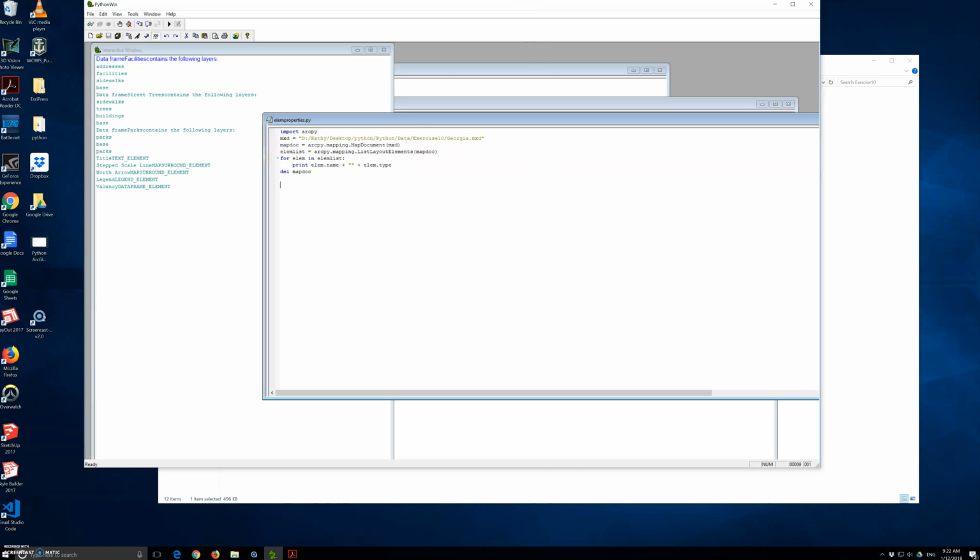And we're going to put import ArcPy, MXD equals this, Georgia, map document arcpy.mapping.MapDocument MXD, element list, arcpy.mapping.ListLayoutElements and map doc. And we do have title equals element list, and we will put 0, and title.text equals, all right,